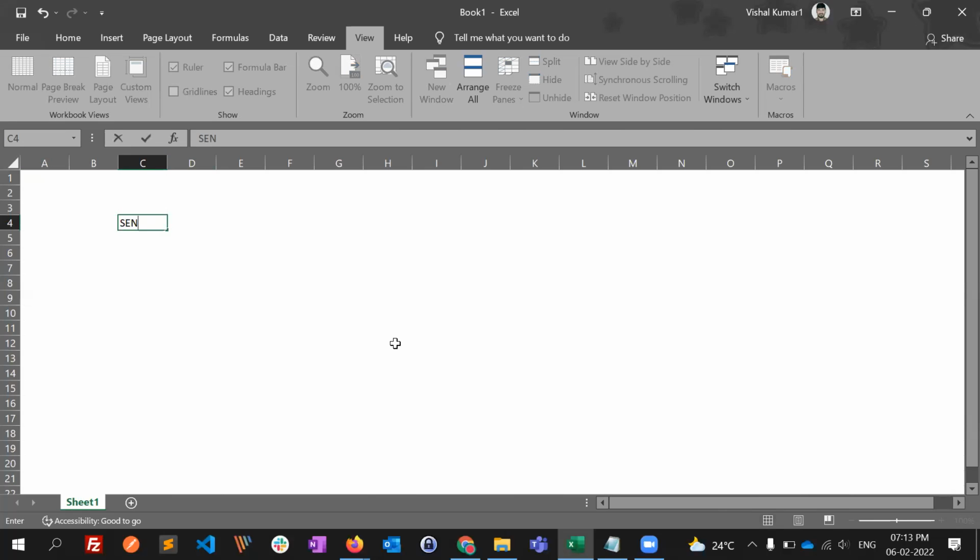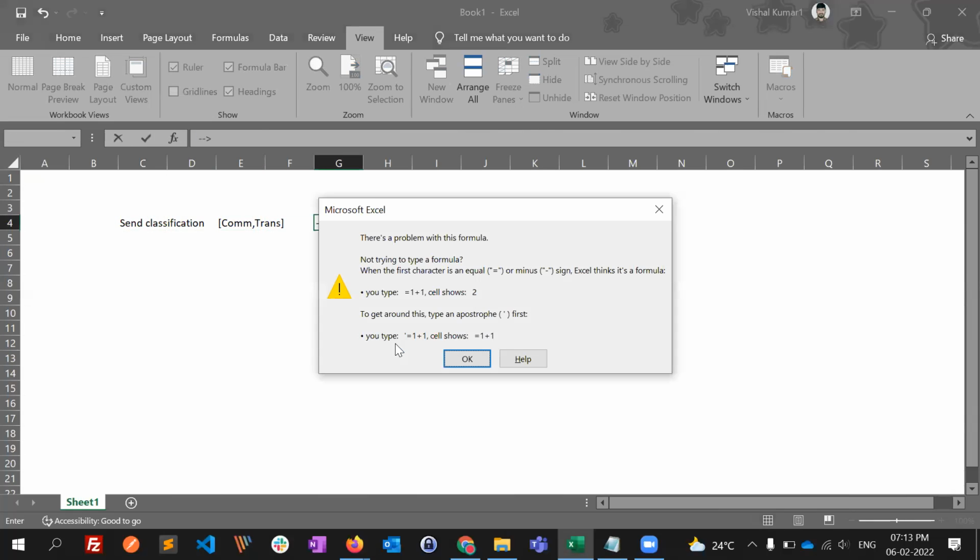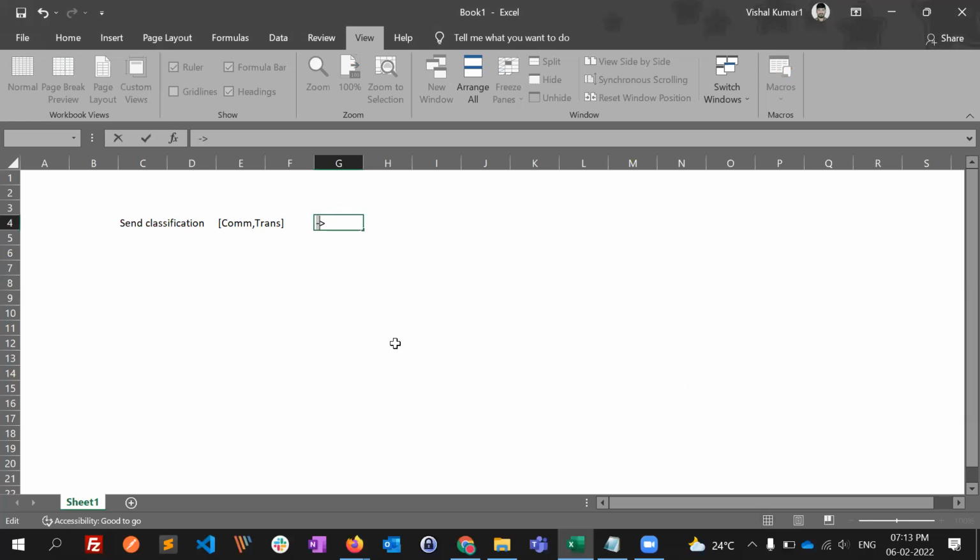delivery profile. First, we have something called send classification. As you know, send classification will have two types: commercial and transactional. Under one send classification, you will have a sender profile and delivery profile. So each send can be either commercial or transactional. So what the sender profile will have is,